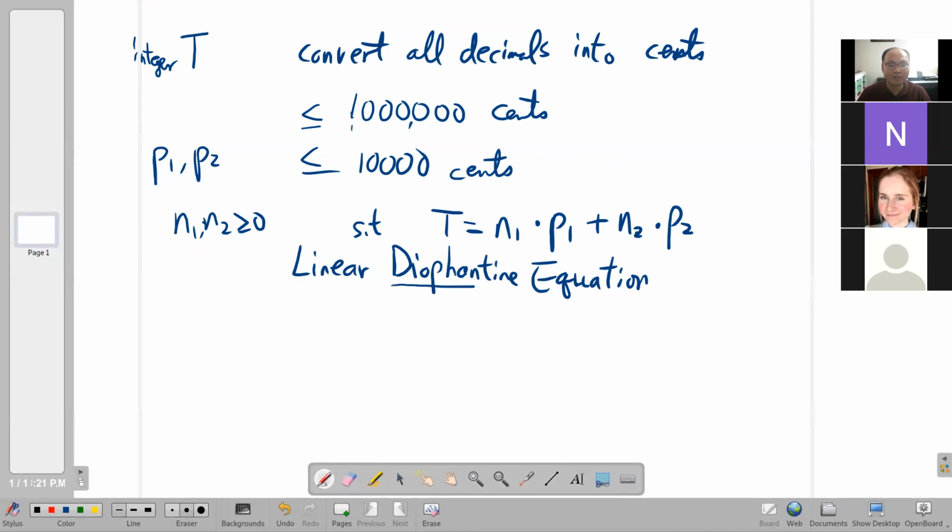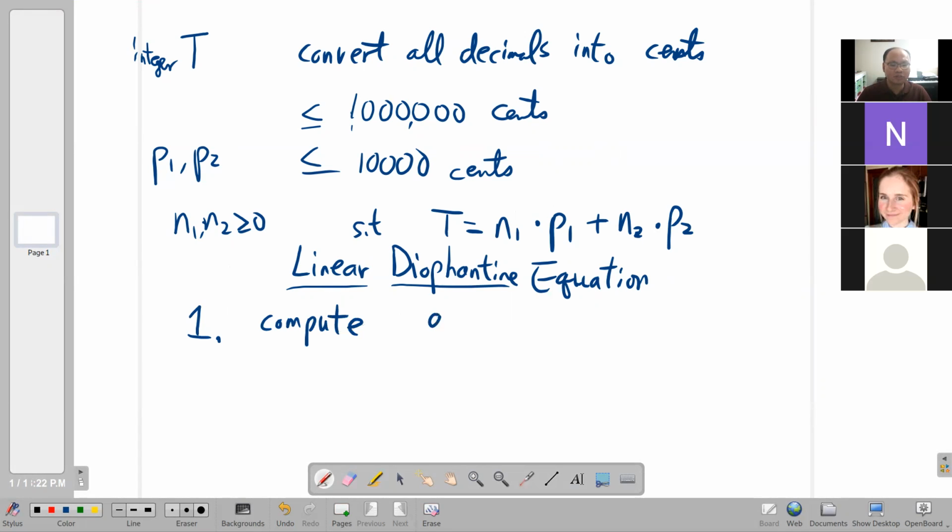Diophantine equation basically means that you're only interested in looking for integer solutions. And linear means that you don't have products of the unknowns or n1 squared, or things like that. It's not quadratic, cubic, or some other thing. Now I don't necessarily want to prove everything to you. If you really want to learn the proofs, you can look up linear Diophantine equations on the web. But how do you figure out whether there are solutions or not, and if there are solutions, what are the solutions? Step 1,